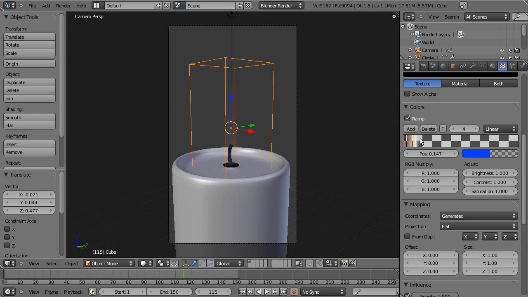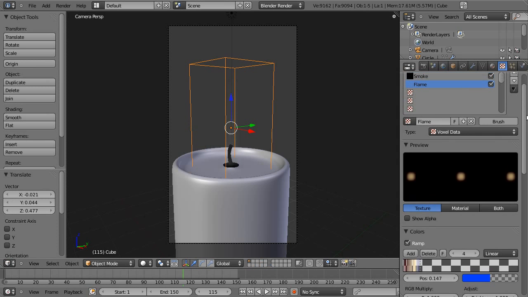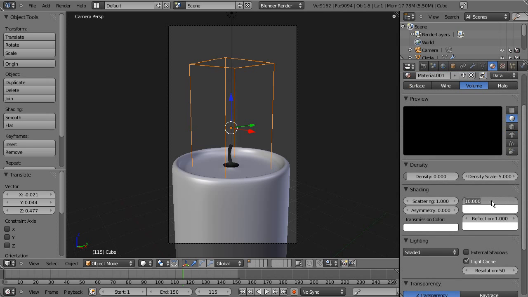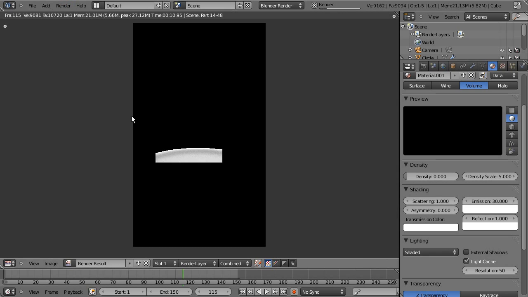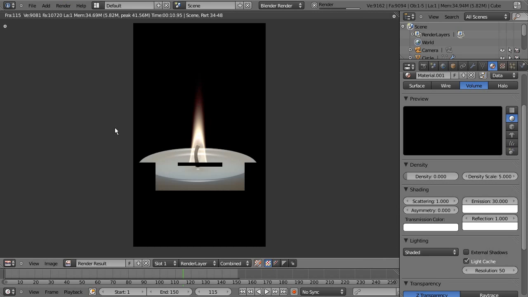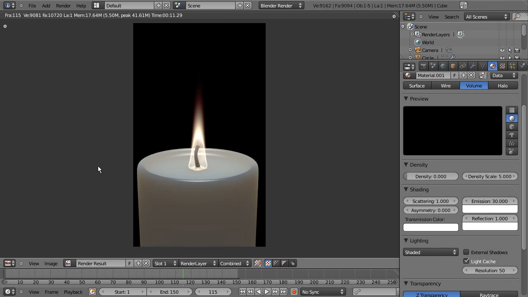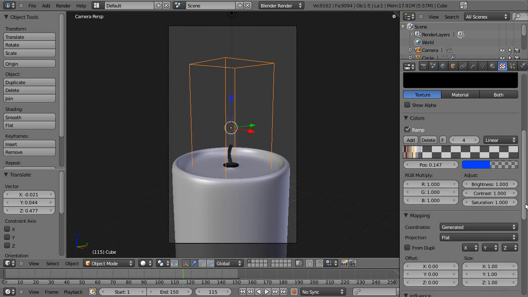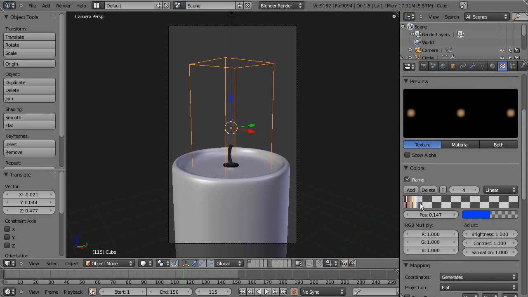So let's change a few things, and we might need more density and of course a lot more emission. So let's set the emission to at least 30. Render again. And now we got nearly white at some points, but unfortunately the bottom part is still not so good. So let's increase the emission once again a bit, and now let's see whether we can adjust this even further. So get this up again, and